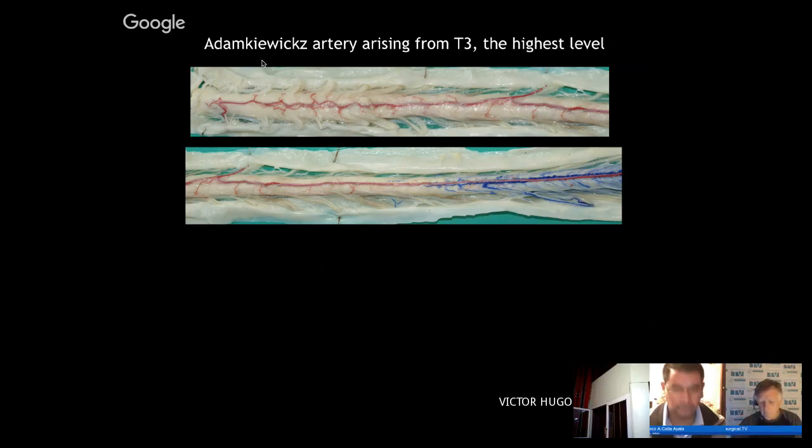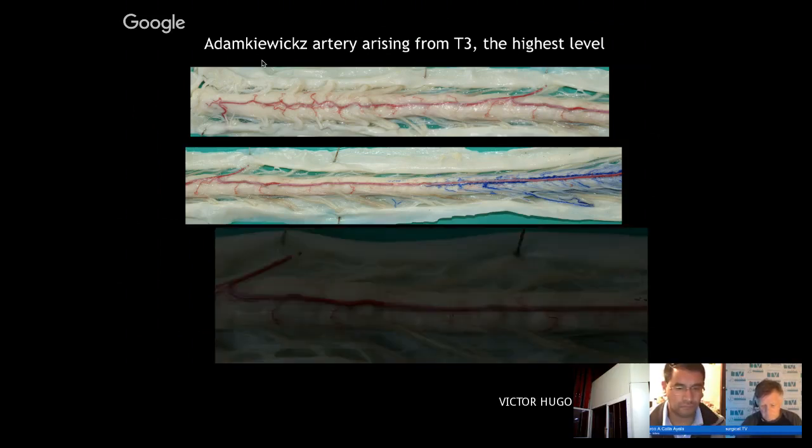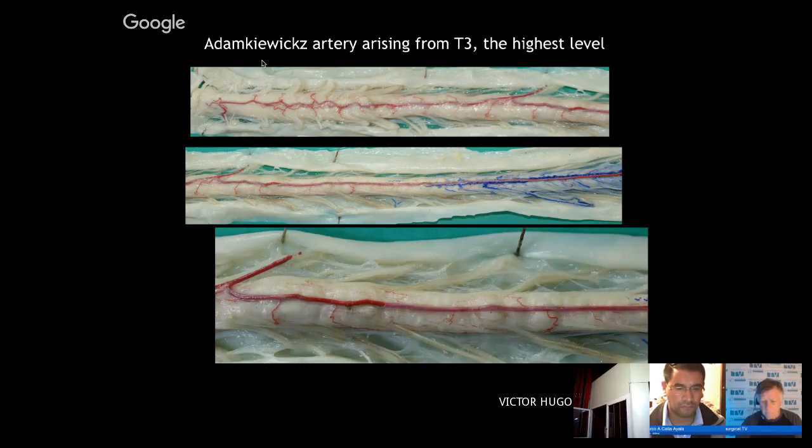You can go through all the nerves, beginning from the upper segment, C1, C2, C3, C4, C5, C6, C7, and then T1, T2, T3. And this is the highest level of this Adamkiewicz artery in my research. In the lower picture, you can see